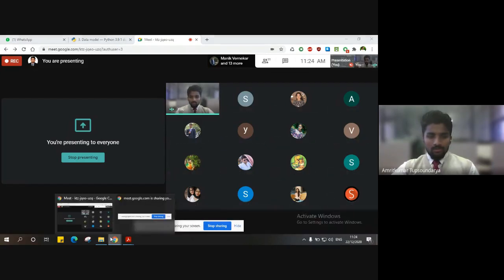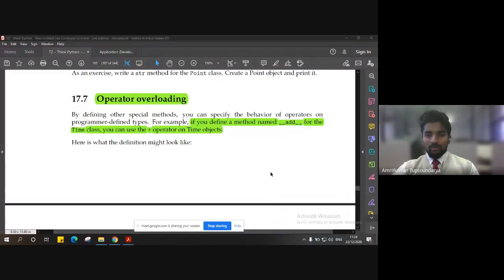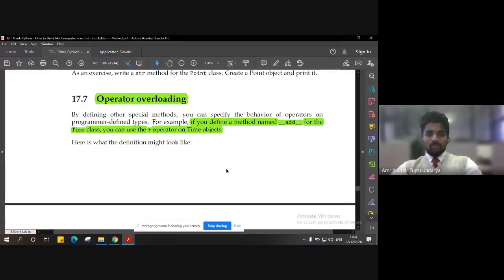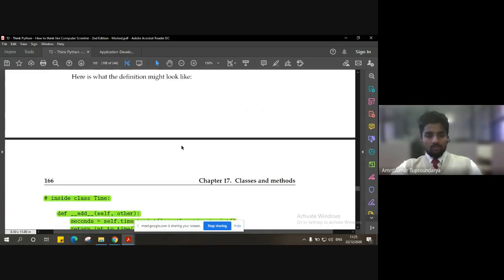Okay, so with respect to the same example which you have taken, the plus operator, we will build an understanding of this plus operator using a method, right? So we are going to perform this operator overloading using a method. Since we are discussing classes and methods, we will have a method for the operator plus. Let's name it the add method, and for the same class, let's say Time, we are going to use a plus operator to add the time objects here, right? So how do we actually define it?